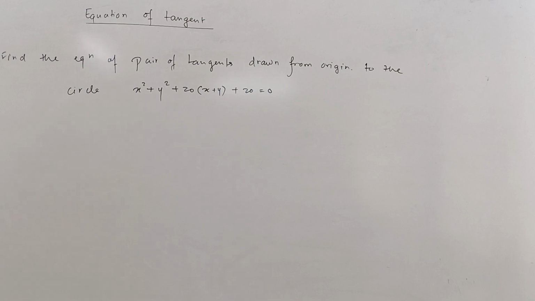Now this is a slightly different question. It's given to us that we have to find an equation of the pair of tangents drawn from the origin to this particular circle. So there is a concept. The concept says that if we have to write the equation of both the tangents which are drawn from a certain point to the circle, then we have to write it as